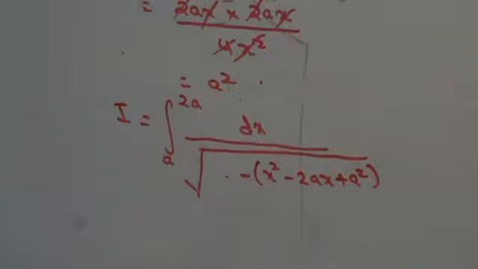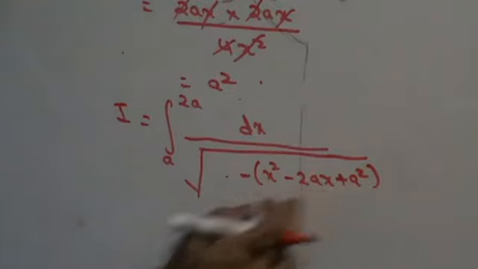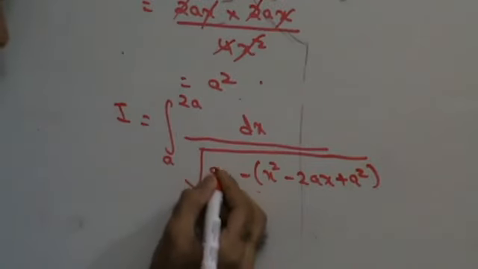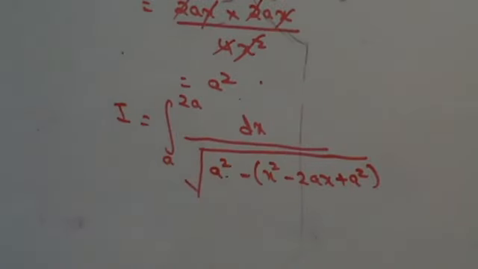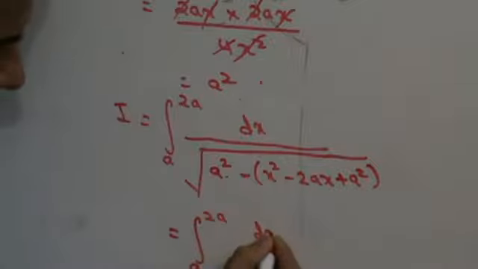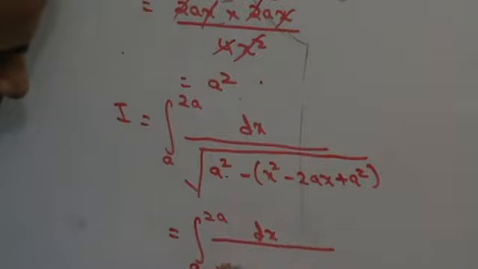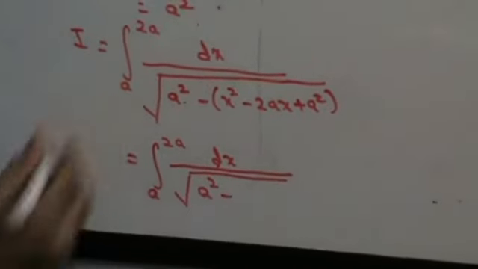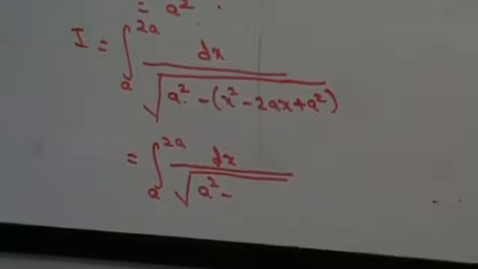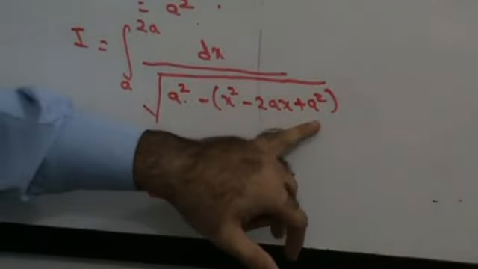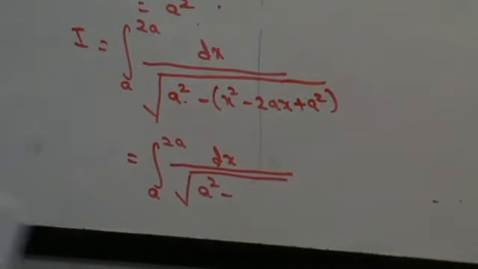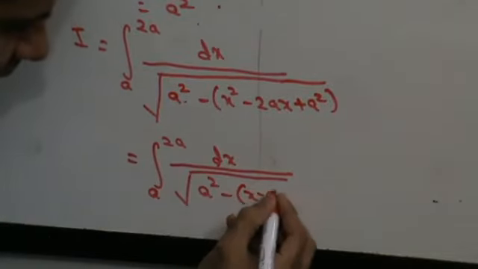If I am writing plus a square in the bracket, that means in reality I am subtracting a square, because plus into minus is minus. I am subtracting a square, I am adding a square. This is going to be integral of a to 2a dx upon square root of a square. Since I have found this as a perfect square, this is going to be nothing but square root of the first term, square root of the last term, sign of the middle term. So this is going to be x minus a the whole square,